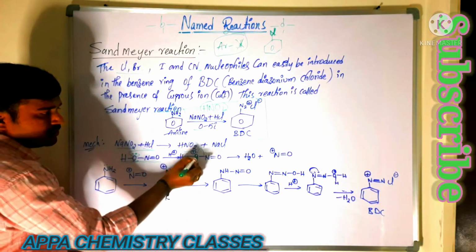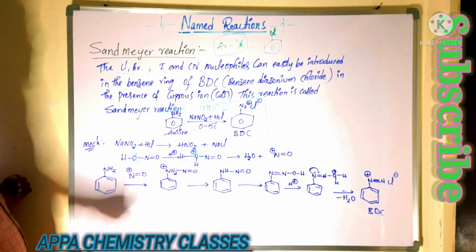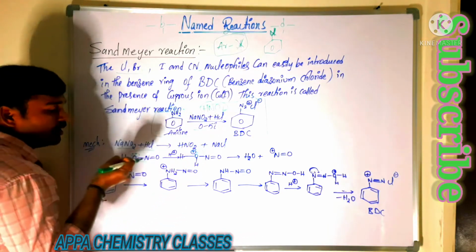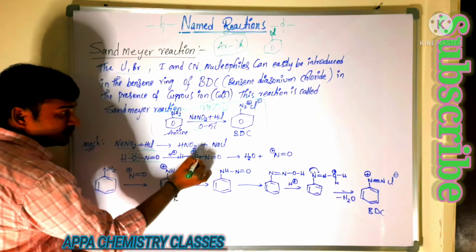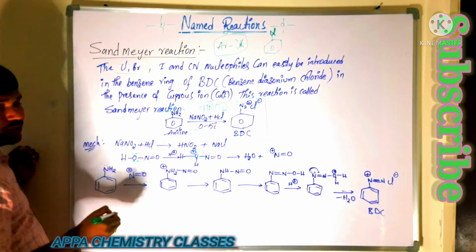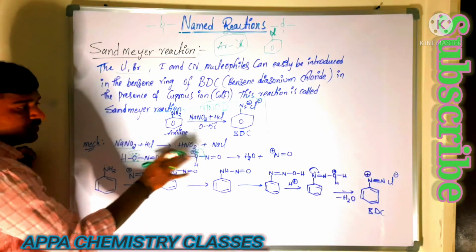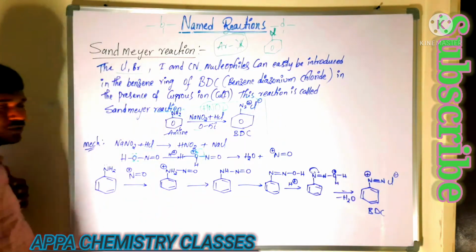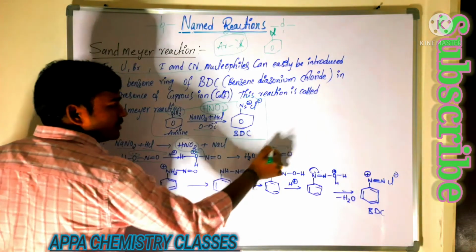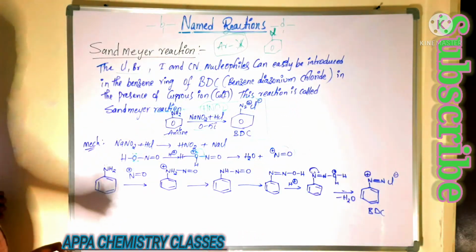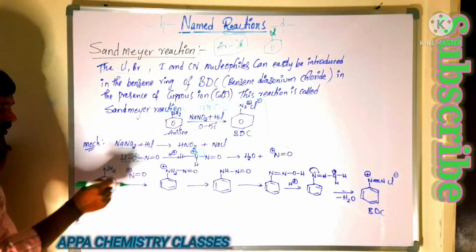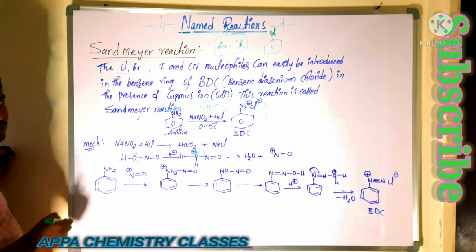Oxygen is an electronegative atom, and with a positive charge it is unstable. So for that reason, it takes the bond from this nitrogen, because oxygen is more electronegative than nitrogen. It accepts that pair of electrons towards itself and becomes neutral, and it is removed as water. And we get the nitrosonium ion, NO plus. That nitrosonium ion has the positive charge.